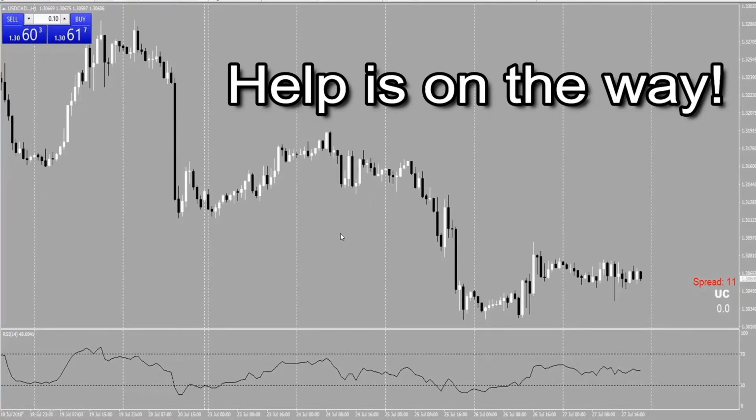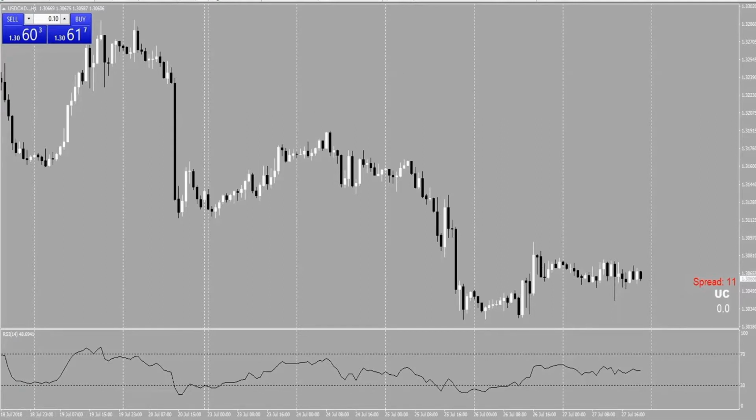But let's just say maybe there was an indicator, or a template, should we say, that taught you how to read price action. What if there was a template that showed you where the swing low was and where the consolidation was, or where support and resistance was, and when these pullbacks were actually going to happen? And after trading on this template for a while, you would begin to learn to read price action.